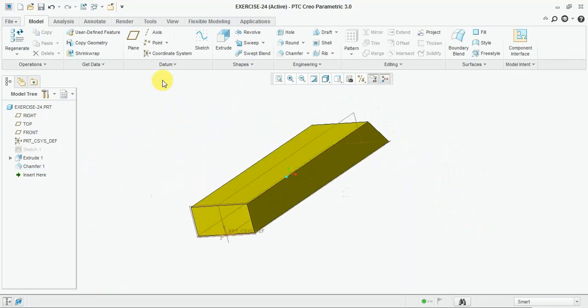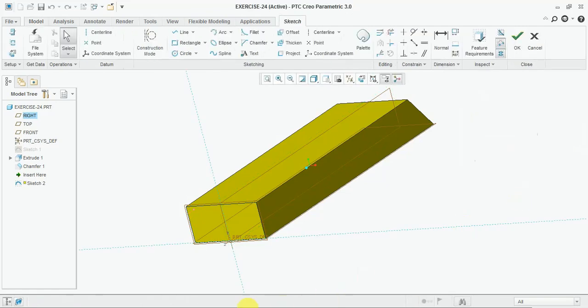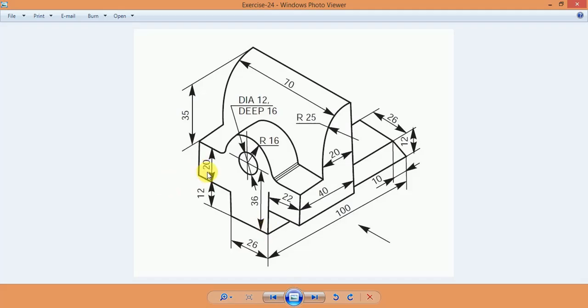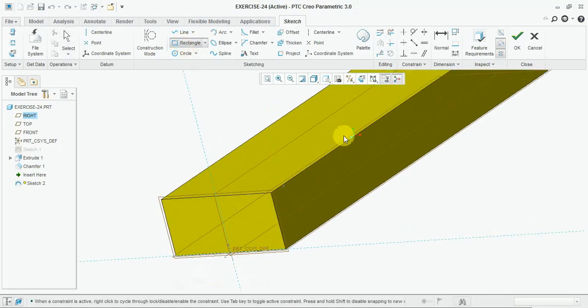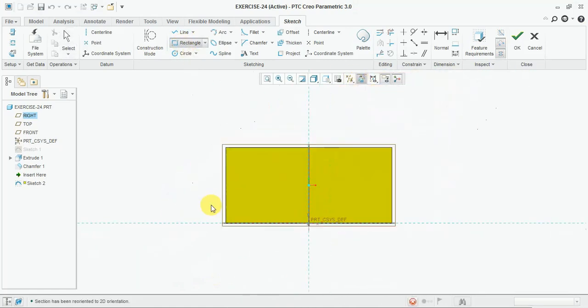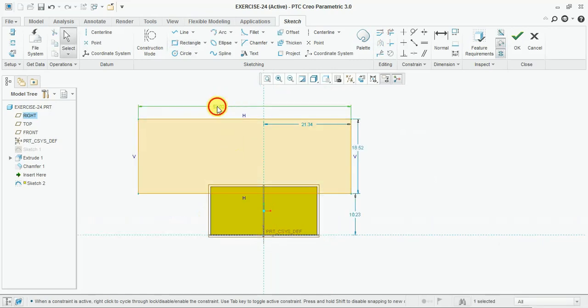Now make another rectangle. Select this face. Okay, draw the rectangle 20 by 70 and extrude up to 40. Draw the rectangle, give the dimension 70. This one is half of 70.